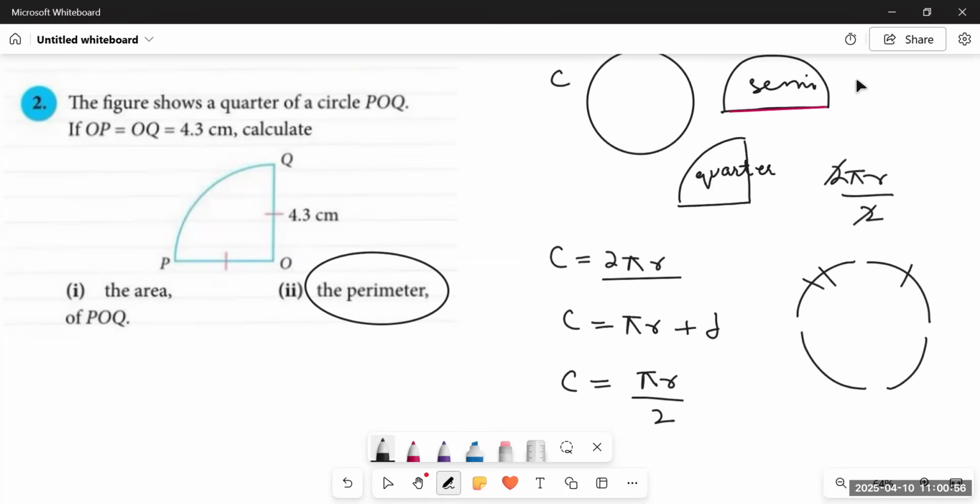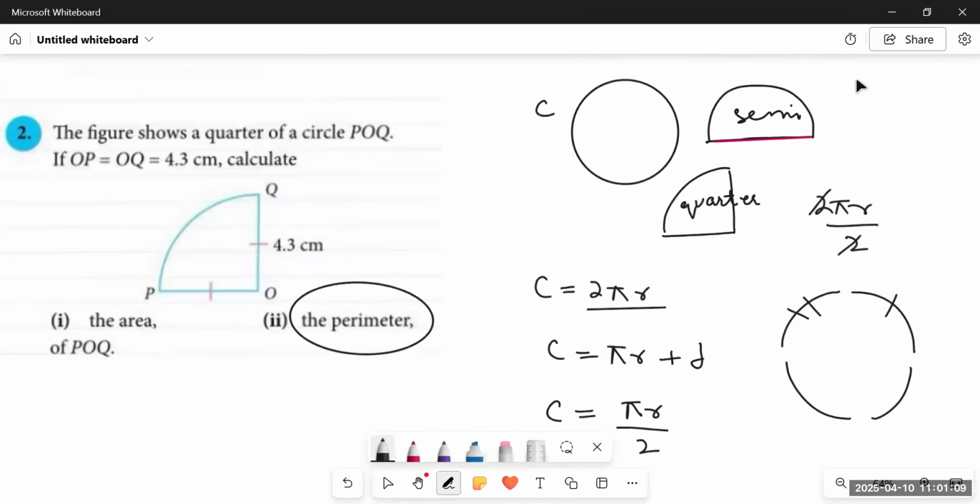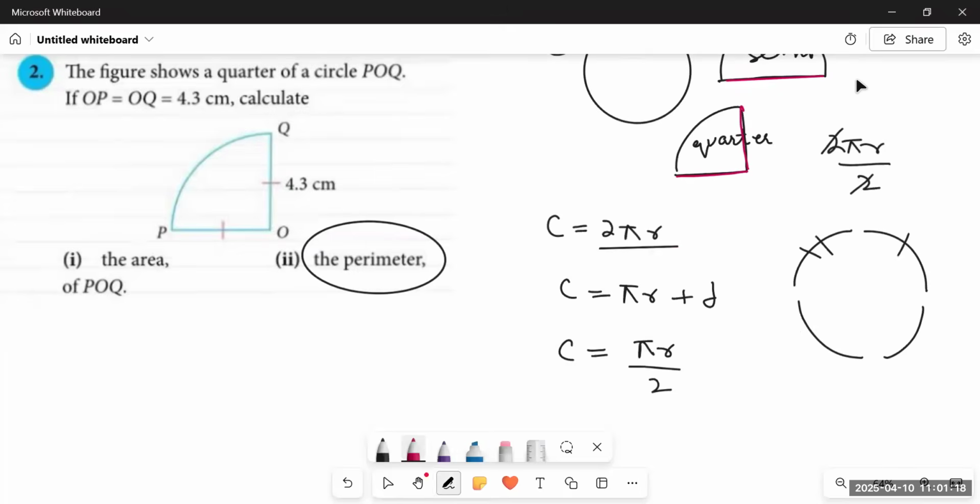In this type of question, we have to find the circumference separately, and then we have to add the diameter in the semicircle to find its complete perimeter. And there are 2 radii, 1 and 2. Again, what do we have to do? We have to add 2r, or you can say it's the same, plus d, because d is equal to 2r. So instead of writing some other formula, you can straight write plus d, and that would be correct, because diameter is equal to double the radius.